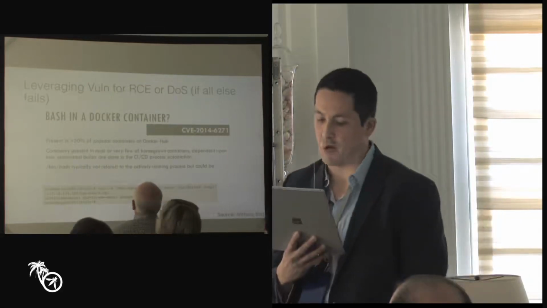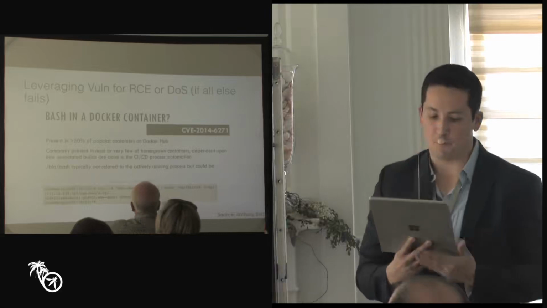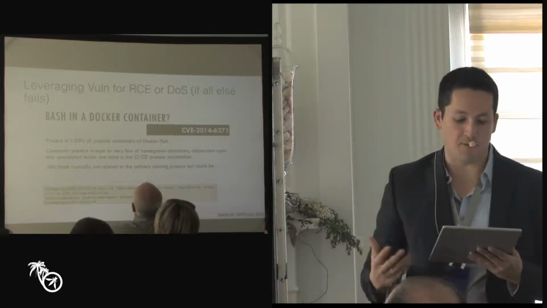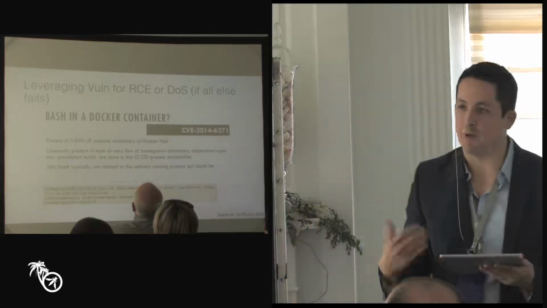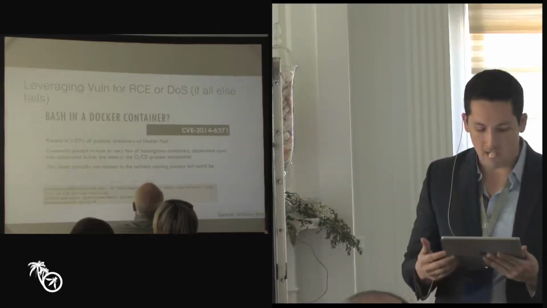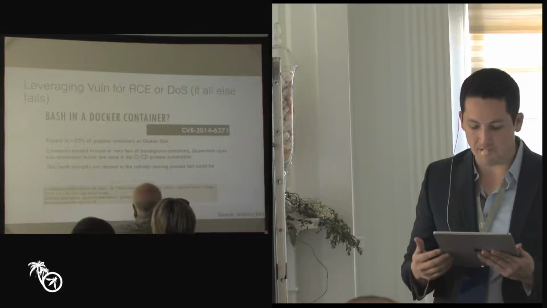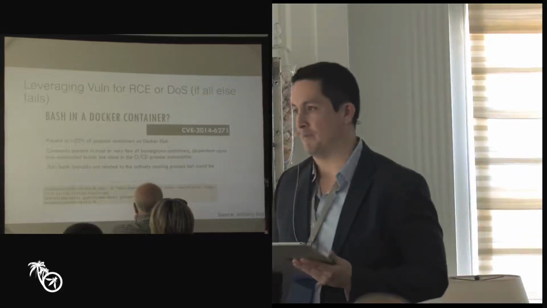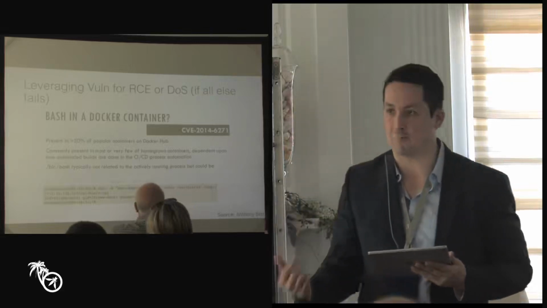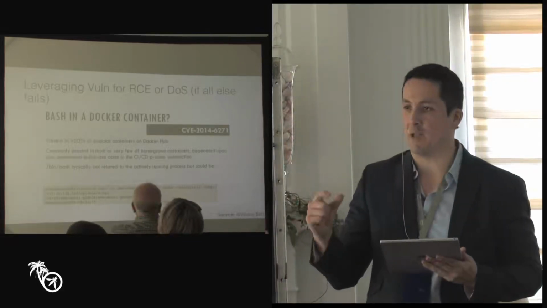This is the Bash and Docker container. It was discovered to be present in 50% of some of the most popular containers managed by Docker Hub. And basically this provided a denial of service capability and remote code execution for arbitrary commands to be passed